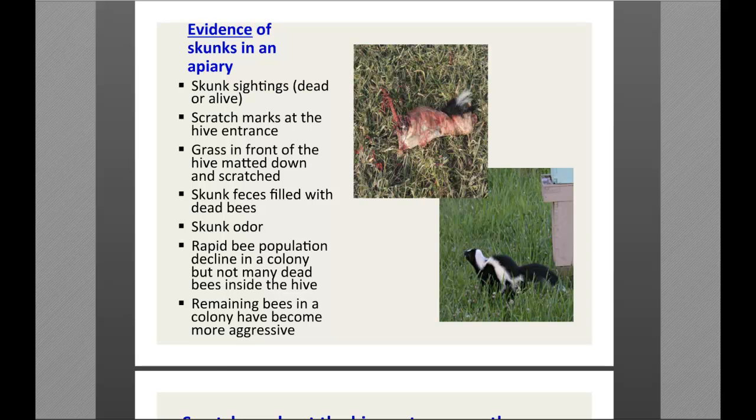how skunks were trapped beside university hives that they had set up, and then they inspected those skunks for bee stings. And in one of the specimens, they counted 65 stings in the mouth and throat of the skunk. And so 65 stings, that's twice 30. So apparently they do get stung, but it doesn't deter their passion for eating the bees, it seems.